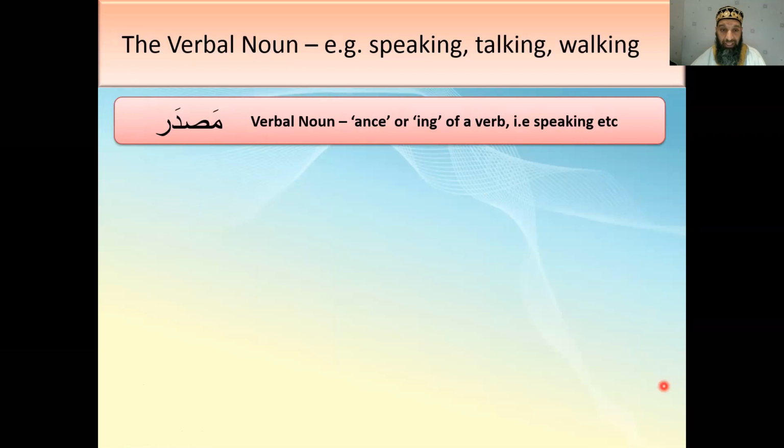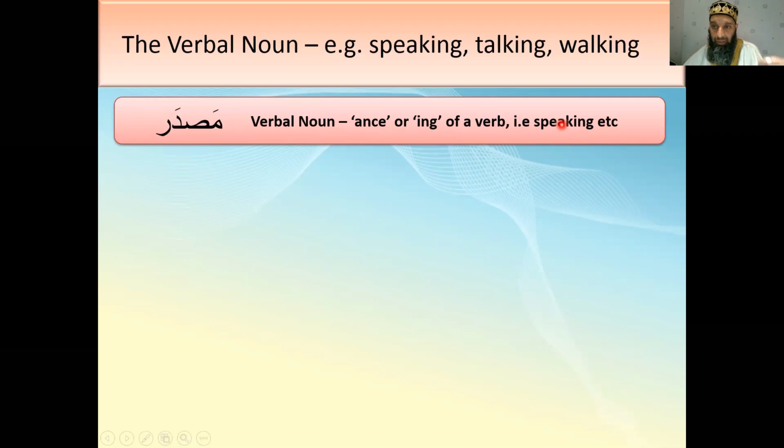So the next pattern is a verbal noun. Now, I didn't know what a verbal noun was until I started learning Arabic. A verbal noun, masdar in Arabic, is the happening of the verb. It's either going to be ending in ing at the end of a verb. So speaking. It's not he spoke, it's not he speaks. It's the actual action of that, the happening of that verb: speaking, remembrance, talking, walking, playing,